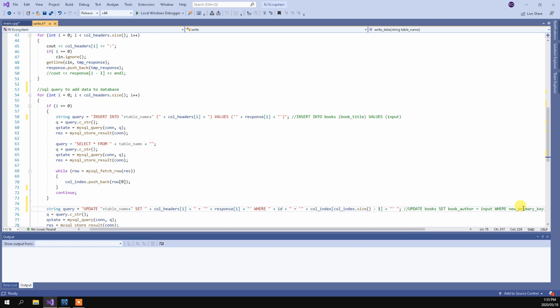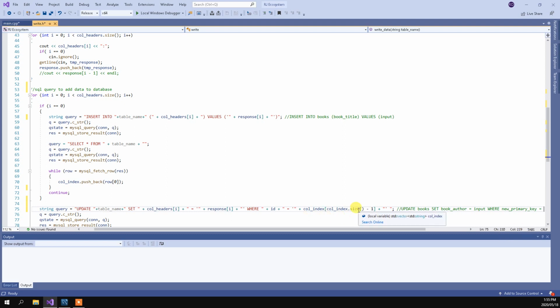the primary key equals the column index. Now the column index was just, after I used this query and after the new row was created with a new primary key, I'm accessing this primary key through a vector called column index. So the vector column index basically has all the primary keys that are in the table, and I'm accessing the last one, because the last primary key is the row of the value that I just inserted, and we access that by specifying the size of the vector -1,